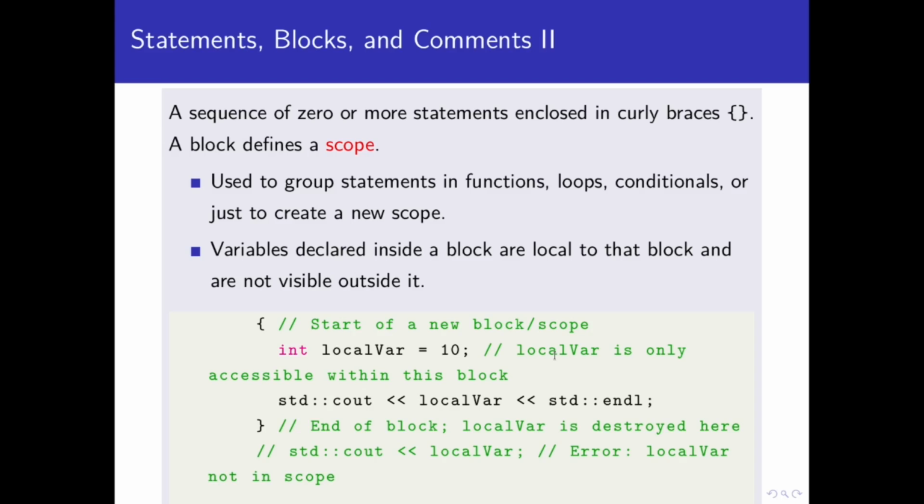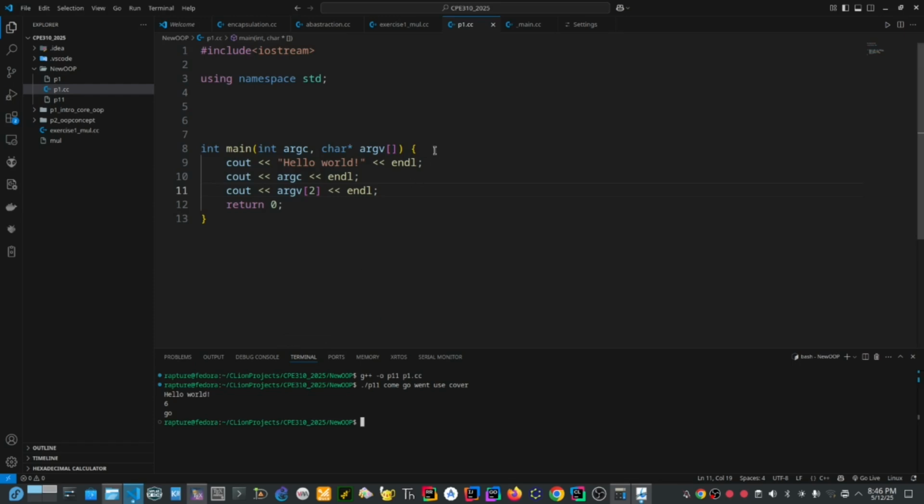Let's see a sequence of 0 or more statements. Can you see a block of code? You can have this block here with the starting point, and this is the ending point. By the time we open any braces, just as we are seeing here, we open a block. This is the content of this block. So everything in this block can contain one or more lines of statement code to be executed. It's an instruction to print out this.